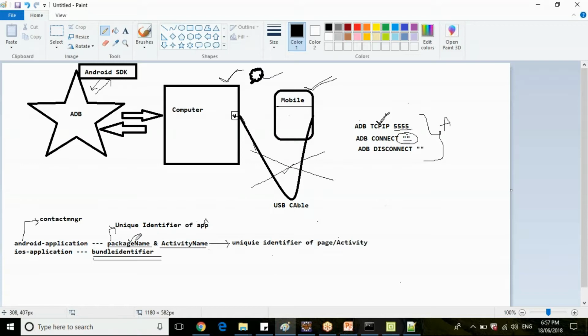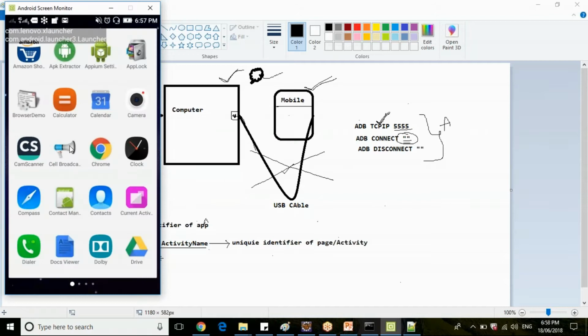Instead of package name, we will have a term called bundle identifier, which is specific to iOS. Even in iPhone, you can install applications from the App Store. In order to control your iOS native or hybrid applications, you will use bundle identifier and work with your scripts. Okay.